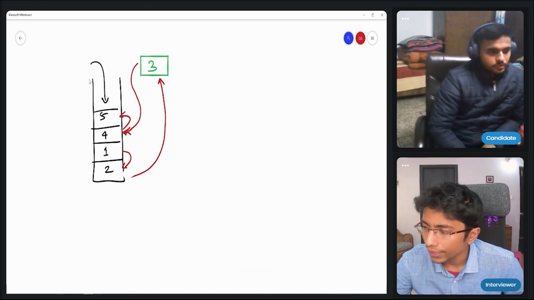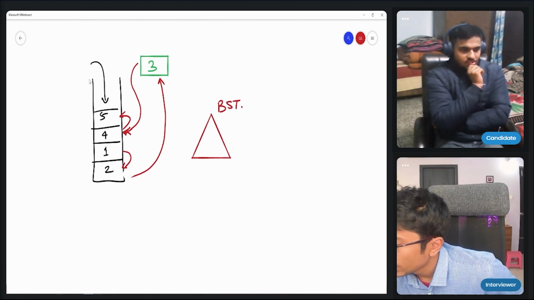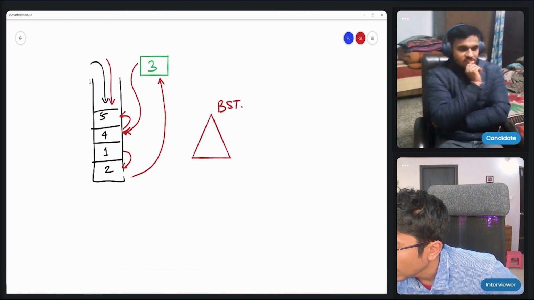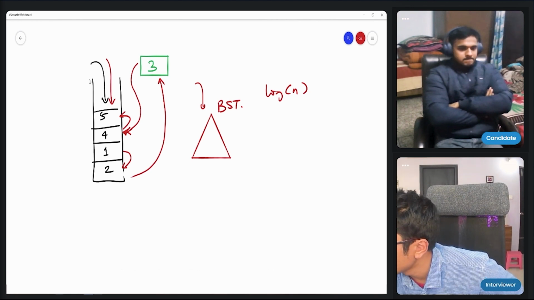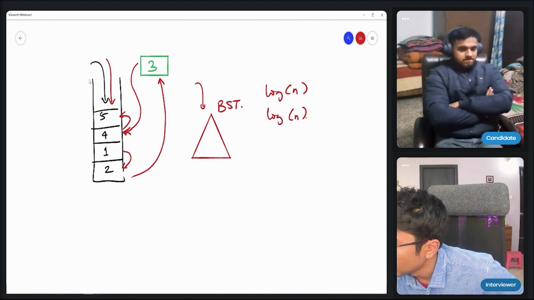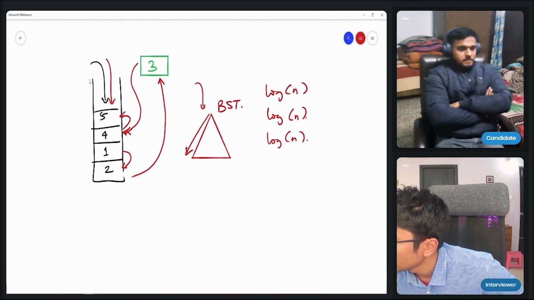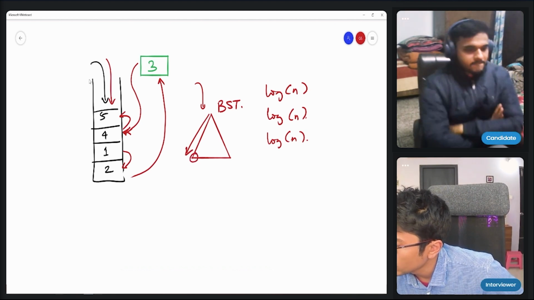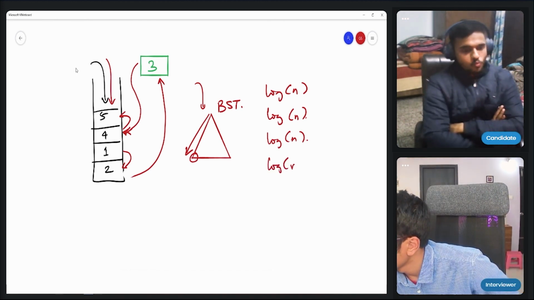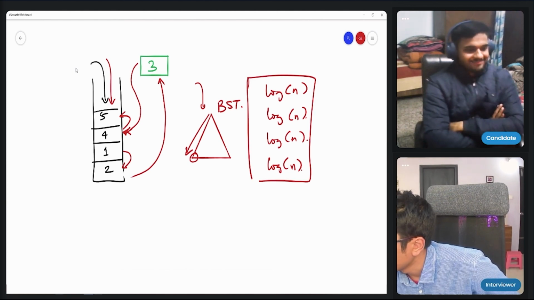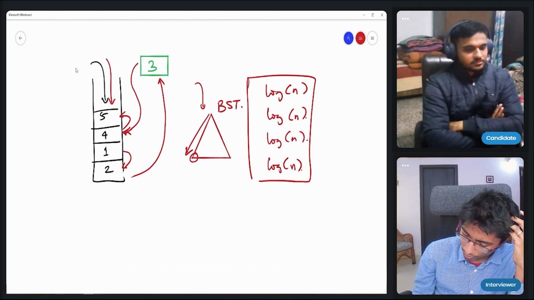If I have a stack and, instead of a heap, I use a binary search tree, then adding to this binary search tree is going to be log n. Deleting from the binary search tree is going to be log n. Finding min is again log n, that is basically on the extreme left. And there is also the final thing, which is peeking. Peeking is again log n. So I have made all of them log n. But we want to make it O(1). So how can that happen?